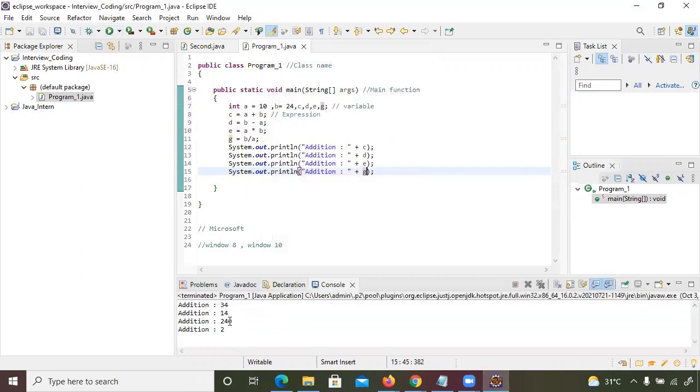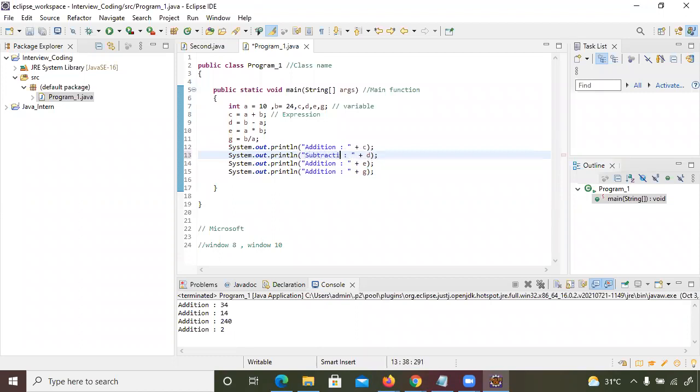Now see, we are getting the correct result, right? Addition. Okay, let me change it here. One more thing: whatever I'm printing in double quotes is printed as it is, right? So whatever you write in quotes will be printed as it is.